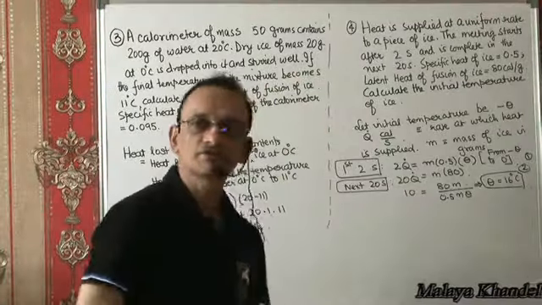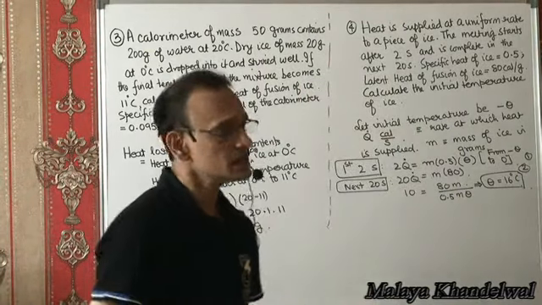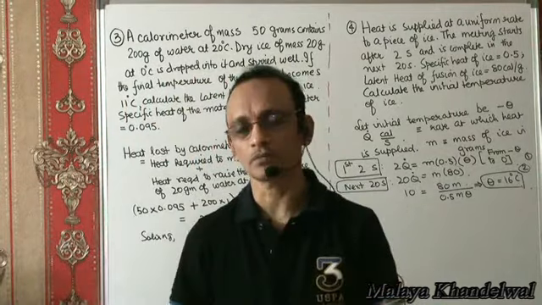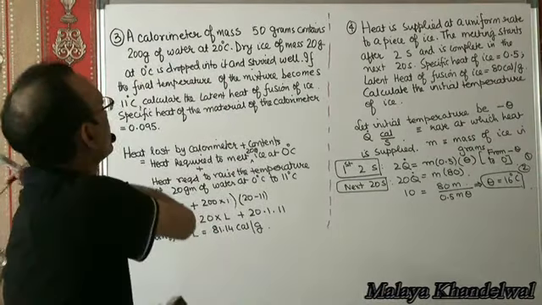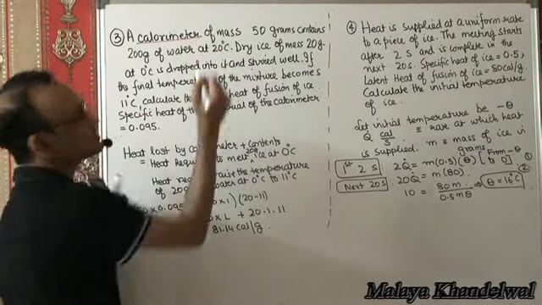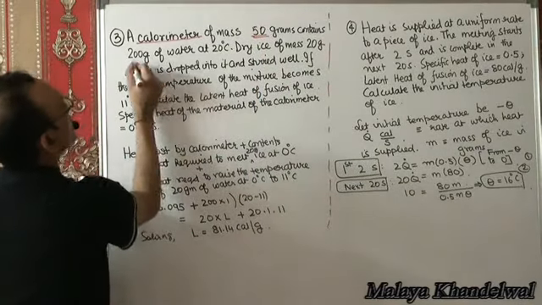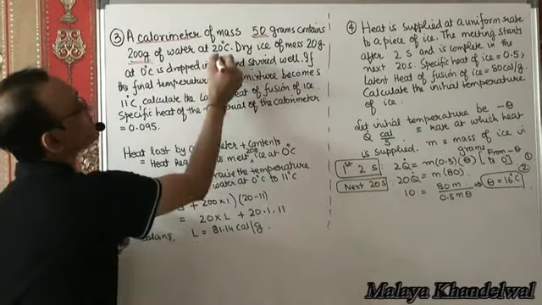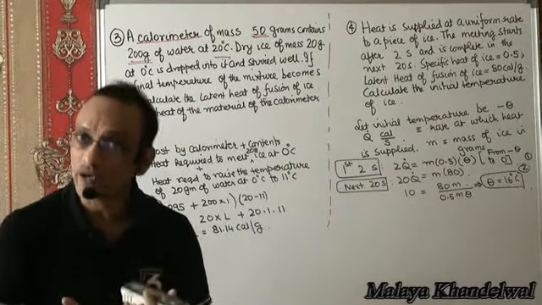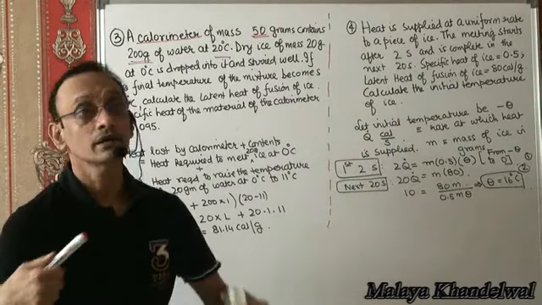Let's look at a couple more problems on calorimetry. This is an easy topic, like I said, and once you understand the basics, you can solve any kind of problem related to calorimetry. So here's a problem. We're now talking of a calorimeter of mass 50 grams containing 200 grams of water at 20 degrees centigrade, right? So we have a calorimeter weighing 50 grams, having 200 grams of water, and the whole unit is at 20